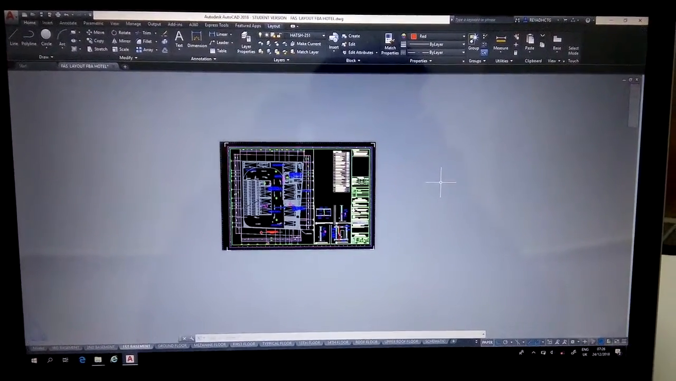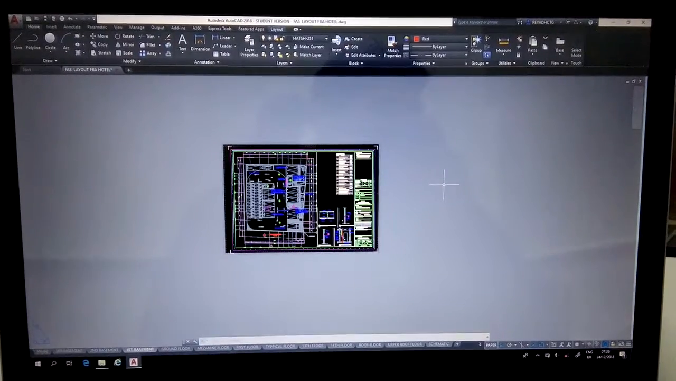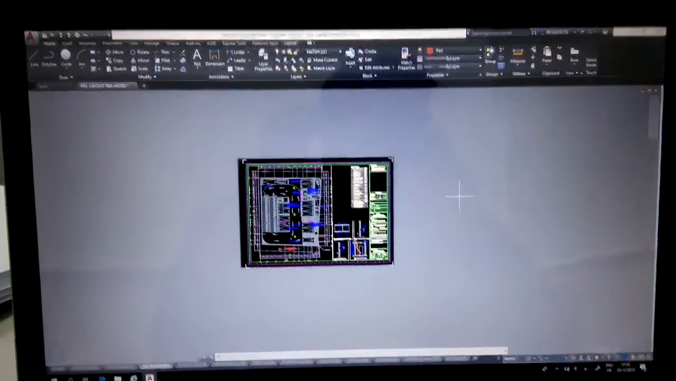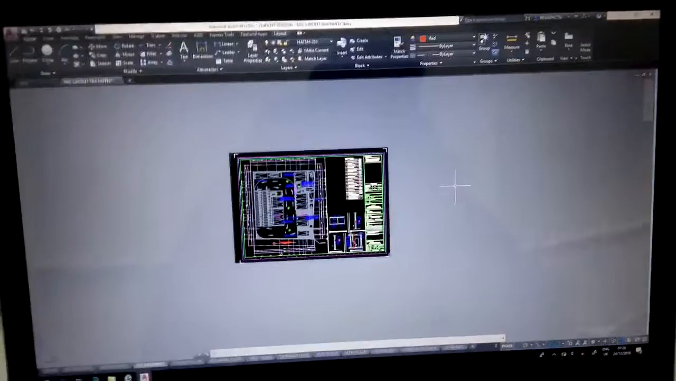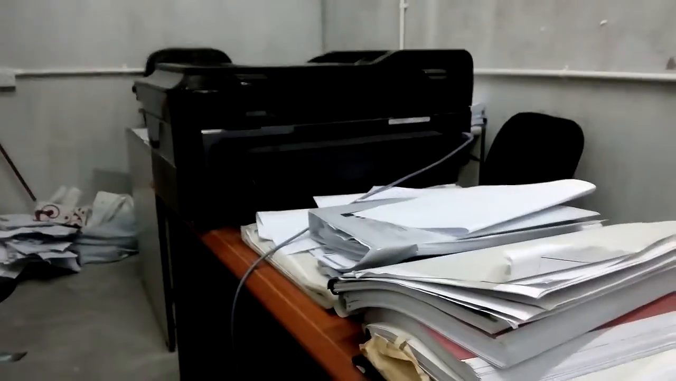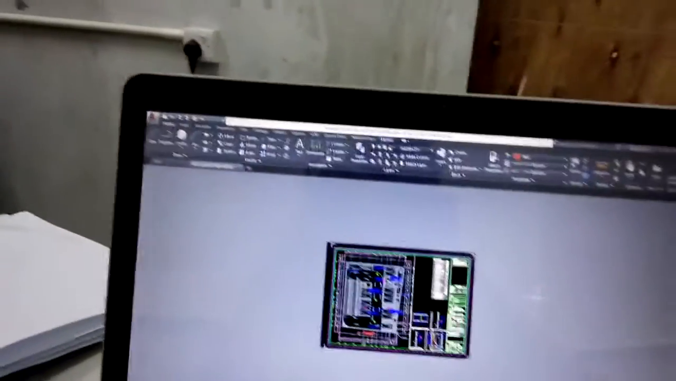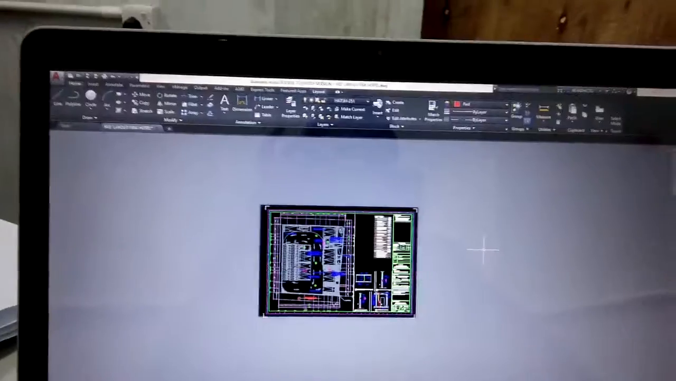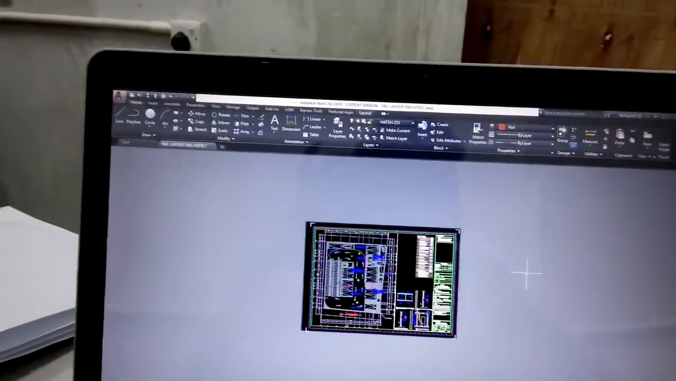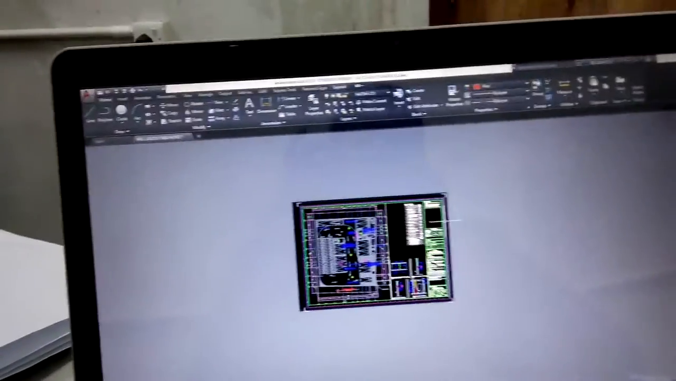I am going to demonstrate practically how to print via AutoCAD software. First, we need to connect the printer USB to our laptop. Okay, then set printer to laptop. Then open the AutoCAD file